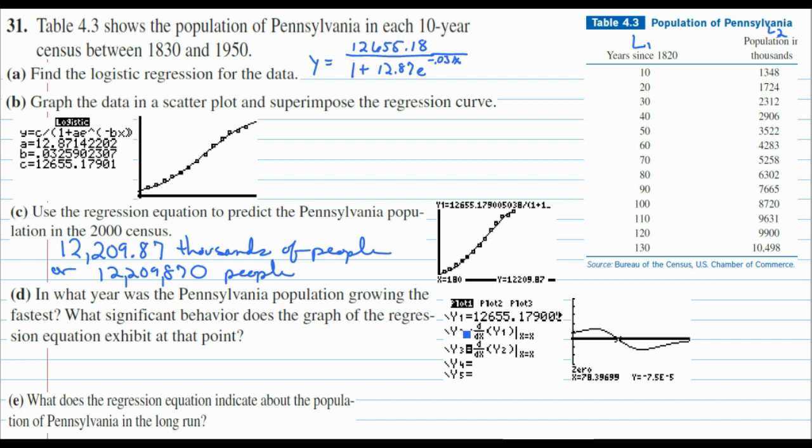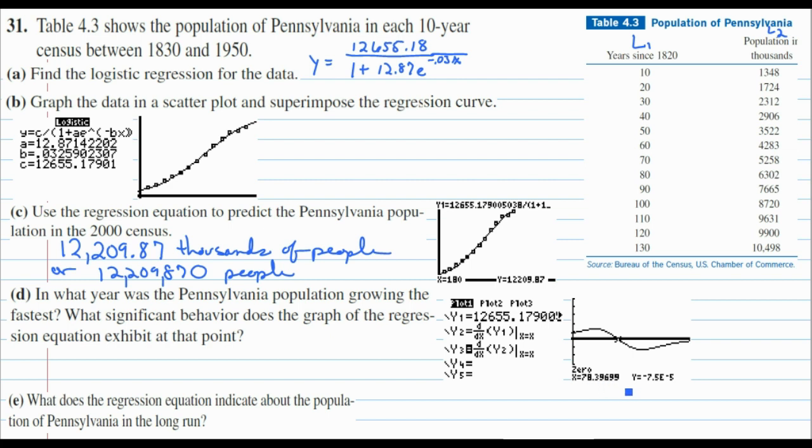Again, I told the calculator to find the first derivative in y2 and then the second derivative in y3. Now I know what you're thinking, Miss Larson, I could have just found a maximum of y2, second calc max. This is calculus. You've got to use calculus to get to your answer. And yes, you used one derivative, but they want you to take it that step further and understand that your second derivative is going to find your maximums in your first derivative. So I found the inflection point at